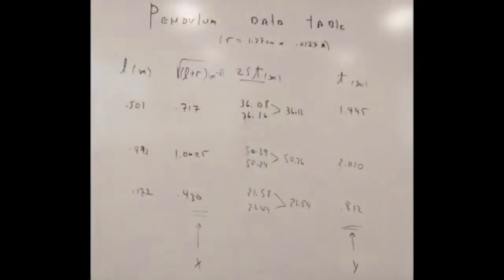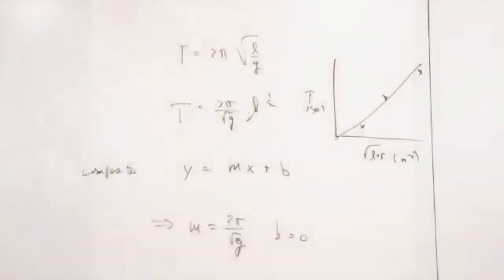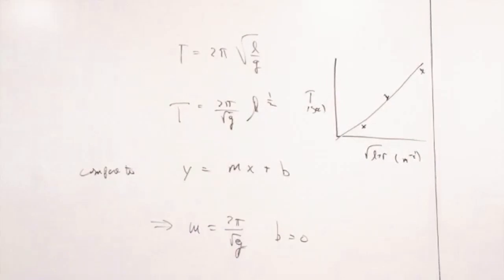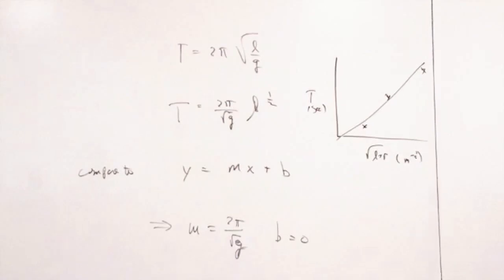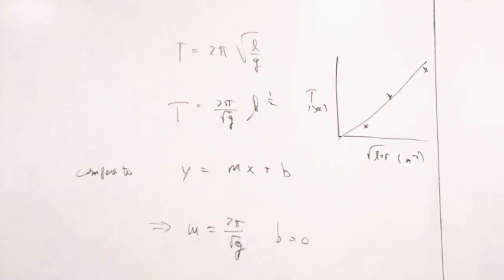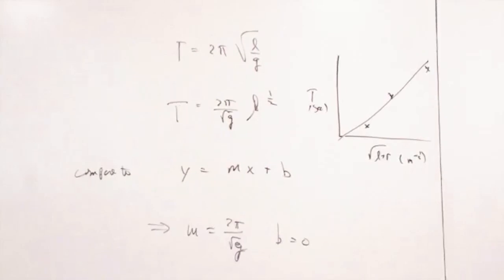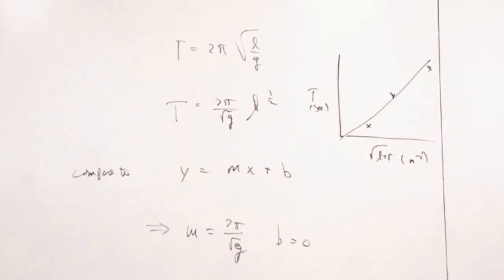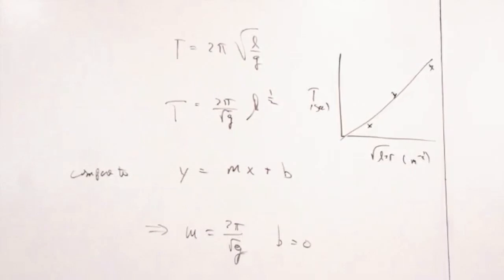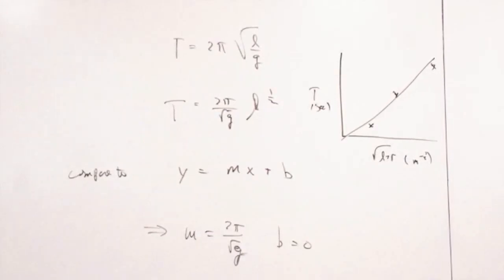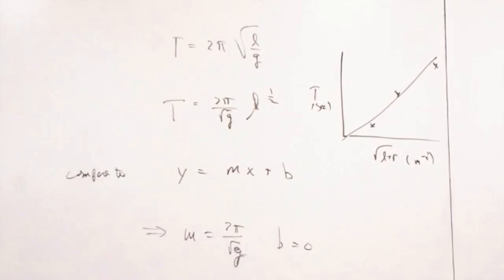So we're going to plot then period versus length. Period is in the y direction, and length is in the x direction. And remember, the formula we're using is T equals 2 pi times the square root of the length divided by the acceleration due to gravity. I've rewritten this in a maybe stranger mathematical form for reasons we'll talk about in a second. That is 2 pi over the square root of g times the length to the half power. If I compare that to the slope-intercept form of a straight line, which we want to force it to be, we talked about that earlier,